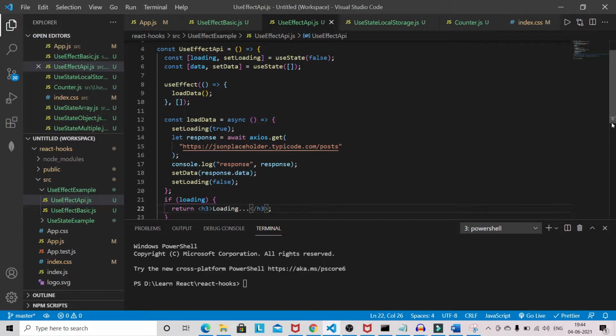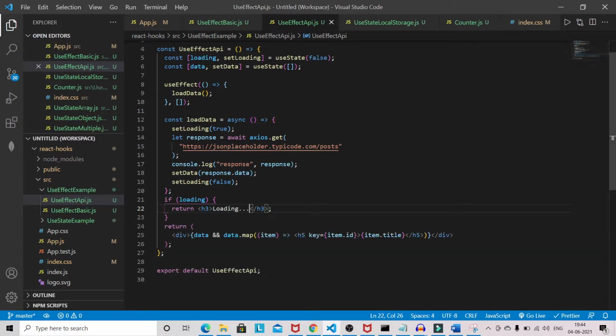Now we'll move on to understand componentDidUpdate, where we will also understand what this array is. This is a dependency list, and if you pass any variable in this dependency list, then this useEffect will only run when the value changes. Let's see that example also.